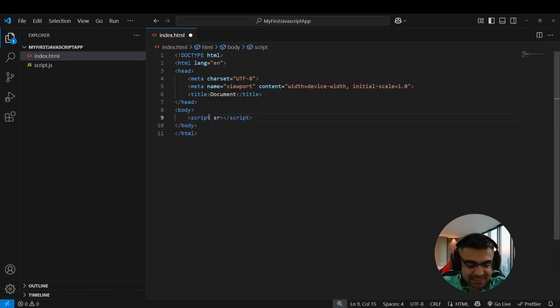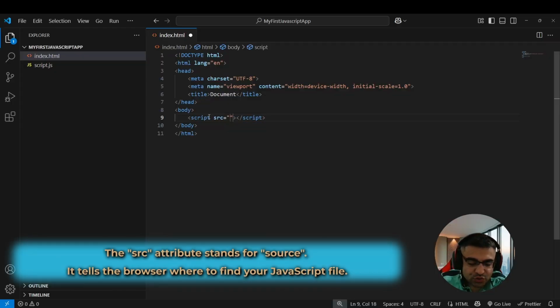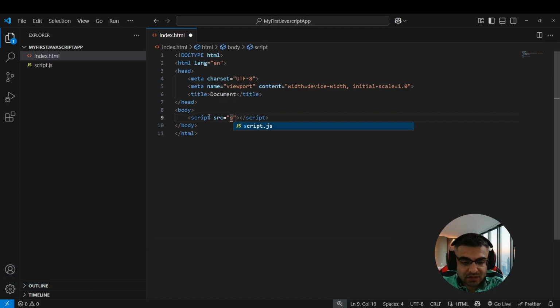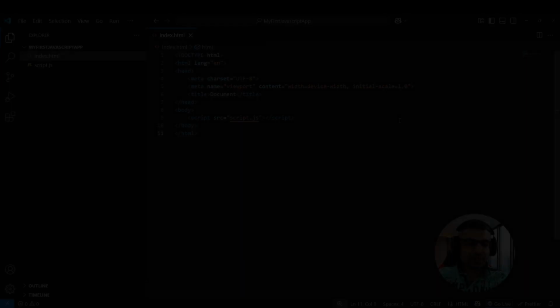I will set the src attribute to the script file. If I press S here, you can see that the IDE again helps me to simply choose the file and not type in all of the characters. Then if I again press Ctrl S, it will be saved, and the files are linked.